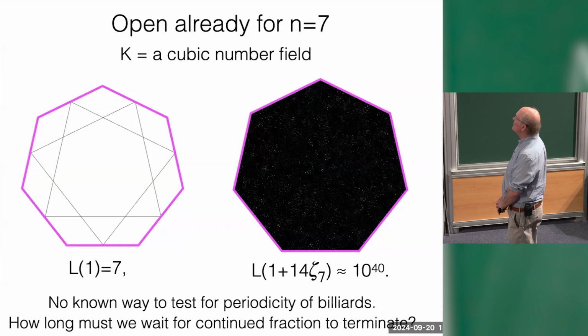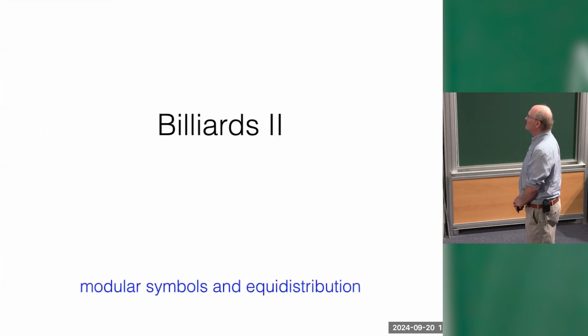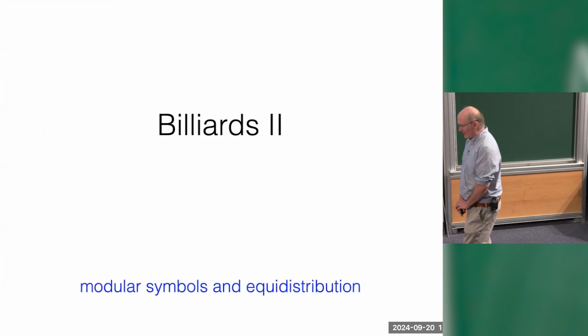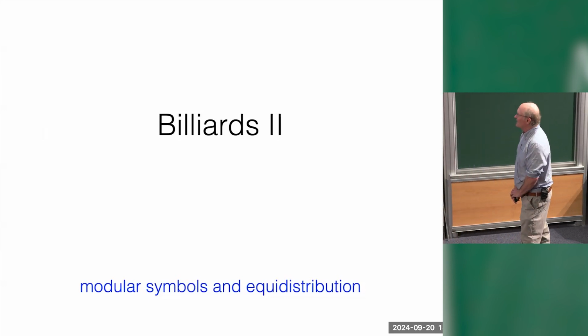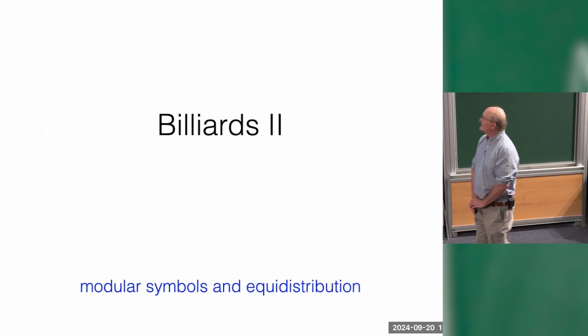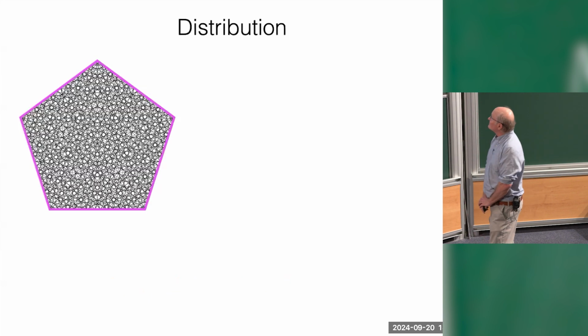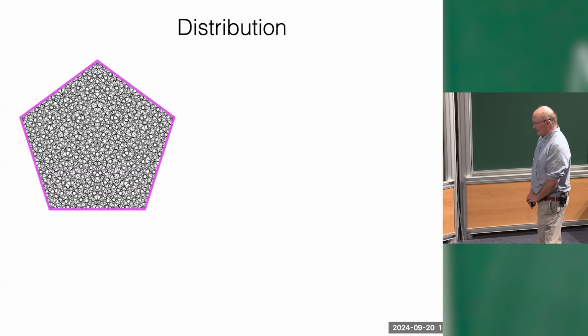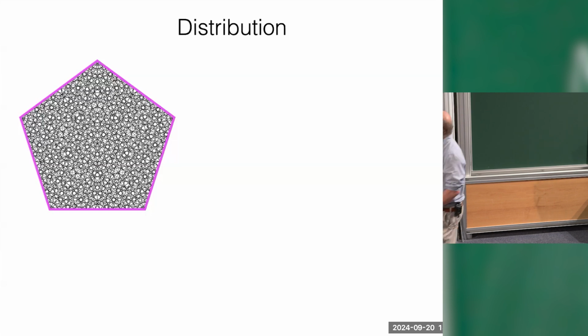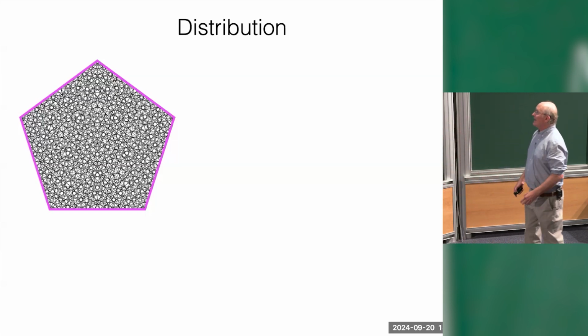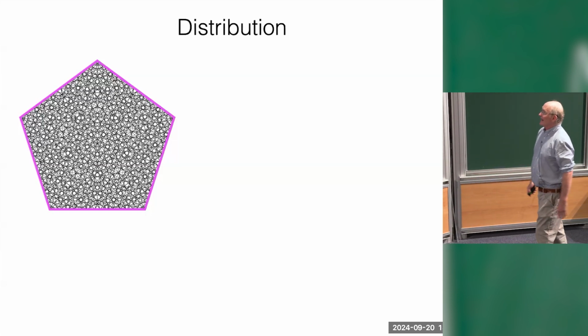Okay, so let's move on. Here's my next problem, and I'm going to be even briefer about this. I just want to hint that there are some other objects that arise in number theory and other settings that are related to elementary questions in billiards. So once we know there are lots of periodic trajectories, we can ask, how are they distributed? How do they behave? What do they look like inside of our pentagon?